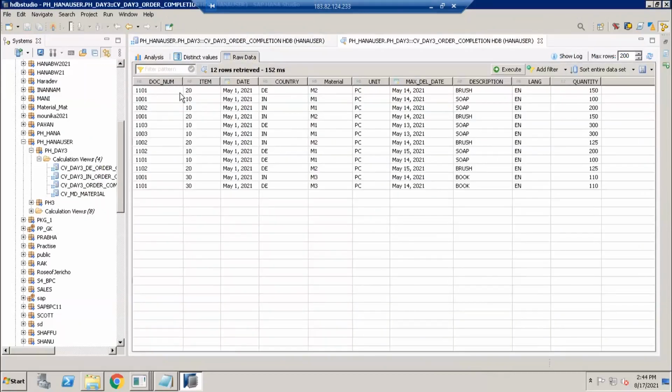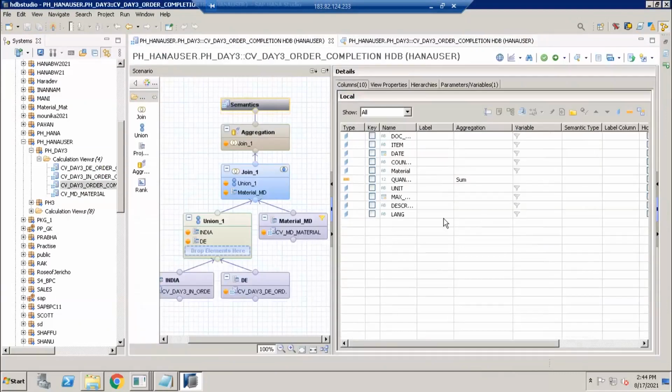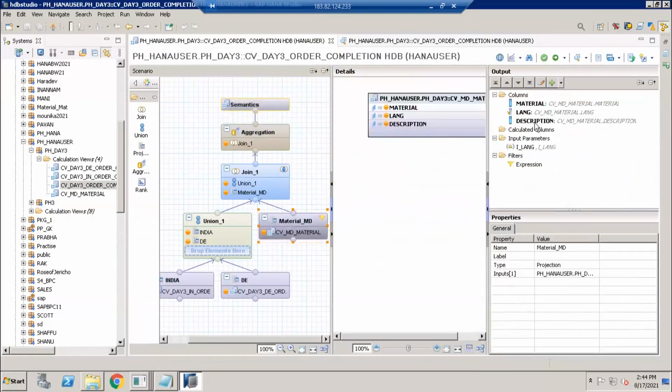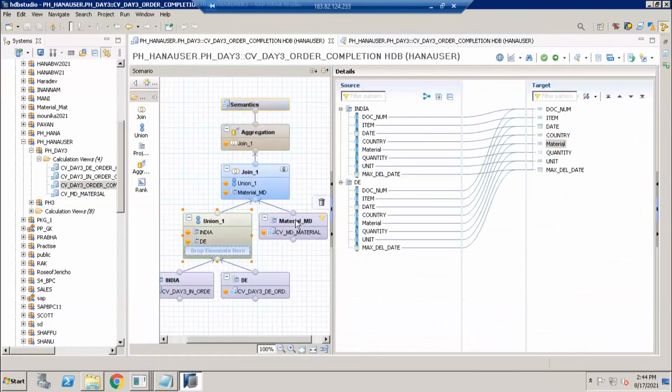Okay, now I am getting data of both countries' information based on the language. And if you don't want to show this language column on the output screen, you can hide this column by using the hide column. But anyway, you can keep it like this, since we are passing it as an input parameter variable. Since we are passing the input parameter variable on this column, it should be passed till here. This is how to use an input parameter variable, how to use union, and when we are passing it.